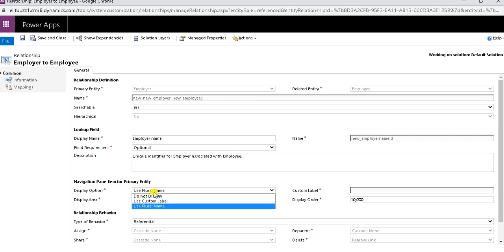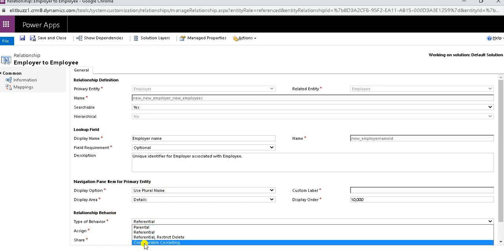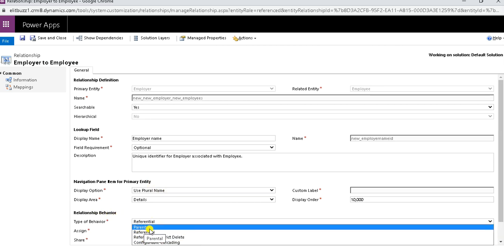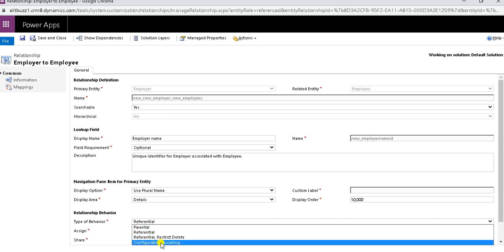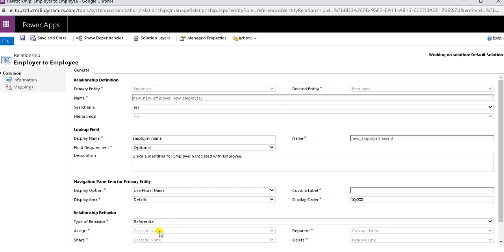So it can be using plural name of the primary entity, use custom label, or do not display. It depends on the requirement. And relationship behavior I will let you know. There are four relationship behavior: parental, referential, restrict delete, or configurable cascading. So as of now I have selected referential.